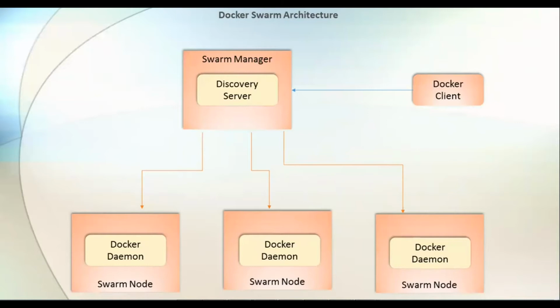The manager nodes elect a single leader to conduct the orchestration tasks, whereas the worker nodes receive and execute the tasks dispatched from the manager node. By default, the manager node also runs services as a worker, but we can configure it to exclusively run manager-only tasks. So it's up to us whether we assign it to run as a node plus manager, or we can exclusively keep the manager for cluster management only.